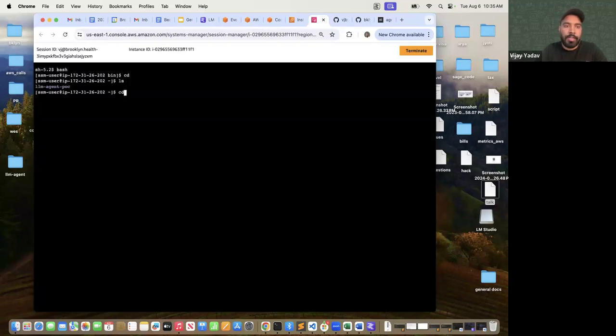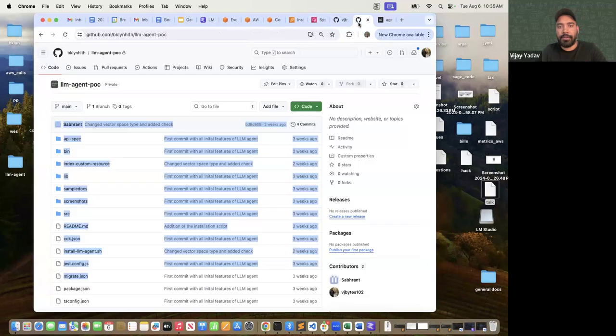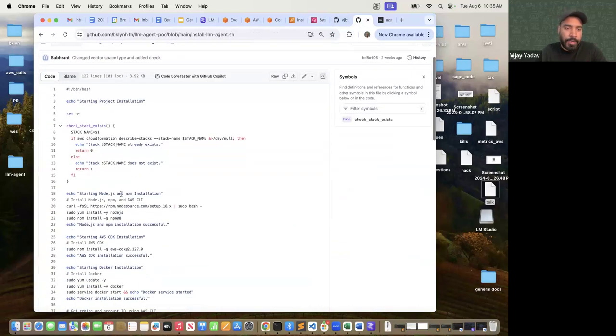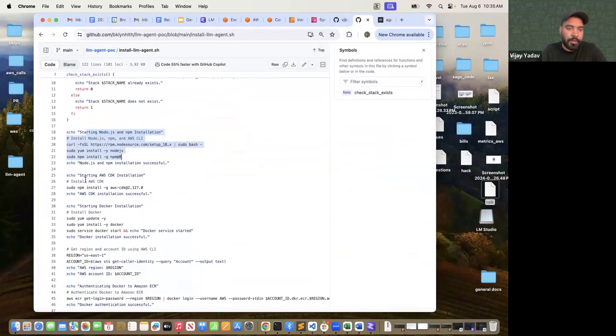I already have prepared the code here, so I'm just showing it to you. The code is already deployed on the environment, so all the resources are already created. This is my script where I have defined all the operations. In the script, I'm creating all the stacks, like installing all the dependencies first, like Node or npm and all, then installing